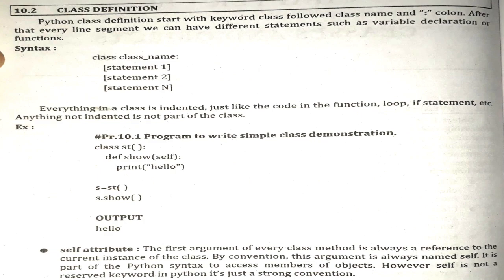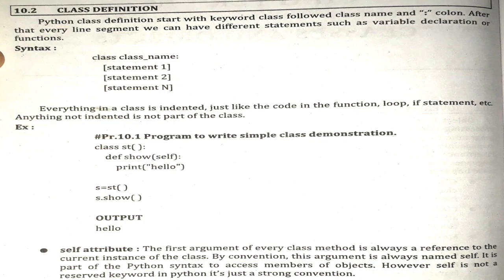We have to create one simple class. While creating the class, in the actual syntax they have not specified the round brackets, but now just see the example. In the example they have created the st class. How is the class created? Class, then st with empty round brackets, which are called parentheses,